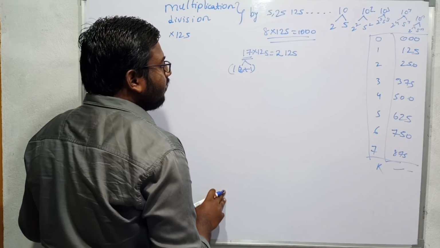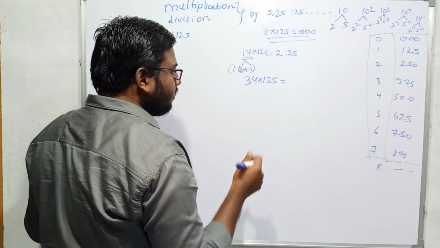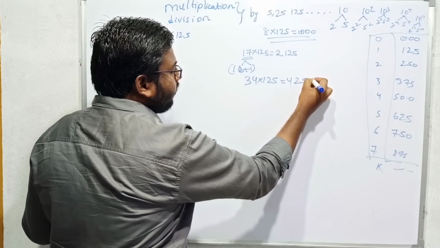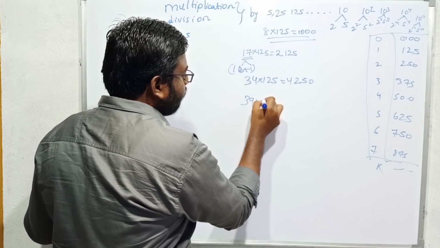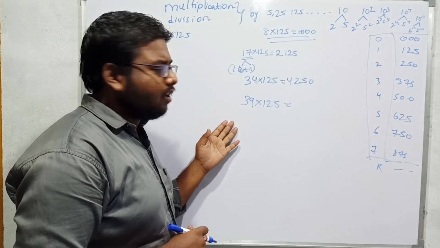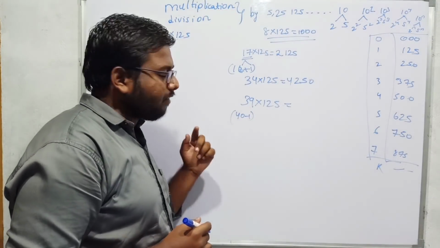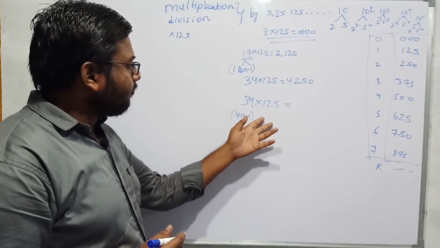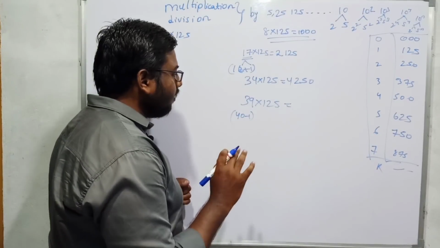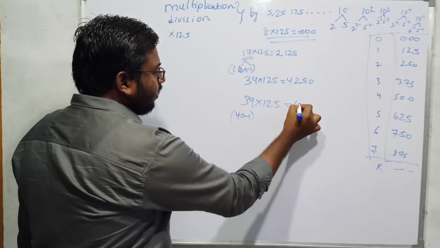So based on that we can calculate like this. For example, 34 into 125. In 34 how many 8s are there? 4 eights, and the remainder is 2. This is 4 and the remainder is 2, so this is 4250. Now, if I have to calculate 39 into 125 and I don't know the remainder concept, how do I proceed? 40 minus 1: 125 into 40 is 125 into 4, which is 500, so 5000, minus 125. This is 4875. So we can calculate by the division with 8. If I divide this by 8, 8 fours are 32 and 7 is the remainder.